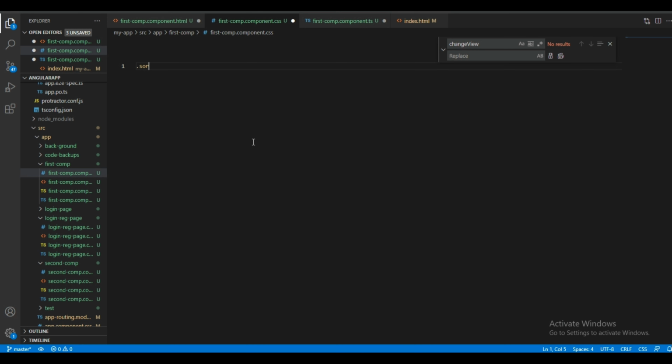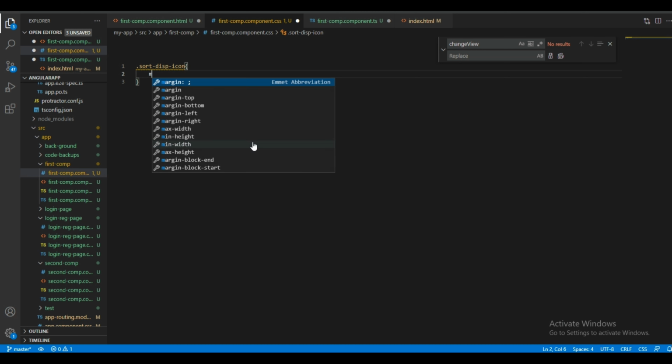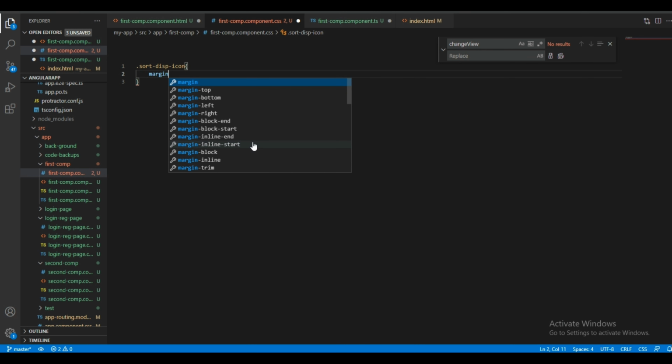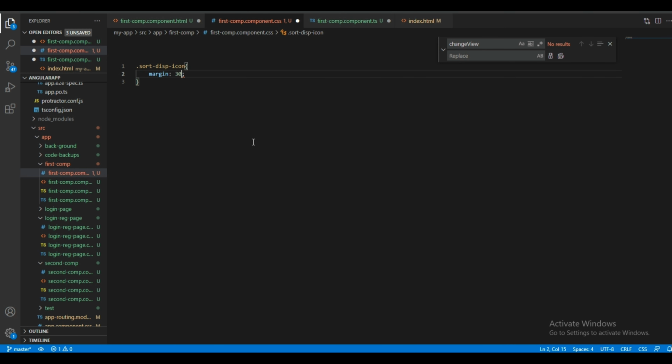So dot sort-disp-icon, the margin 30 pixel, 30 pixel.